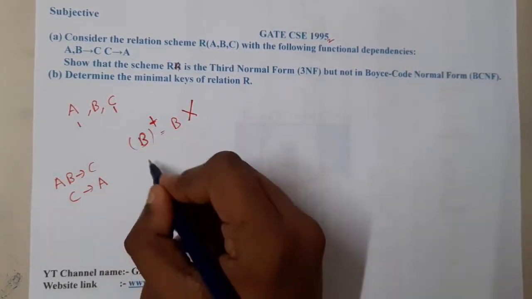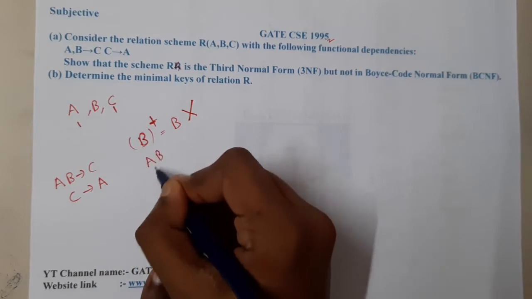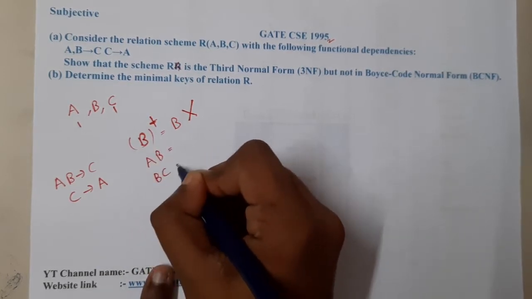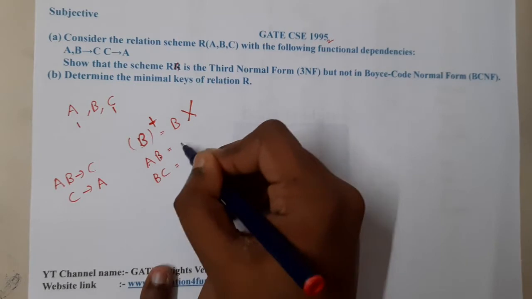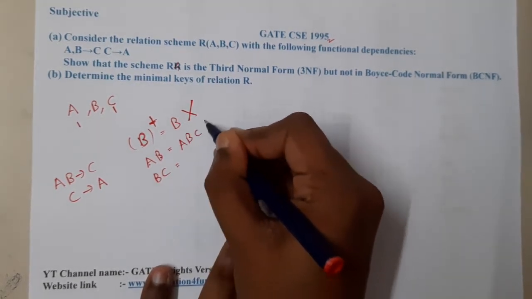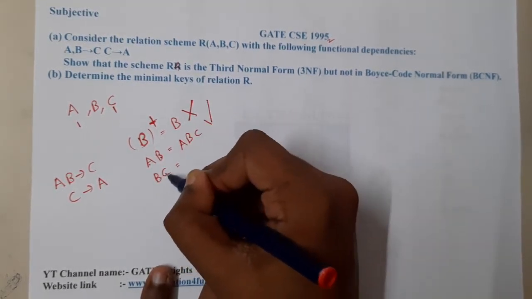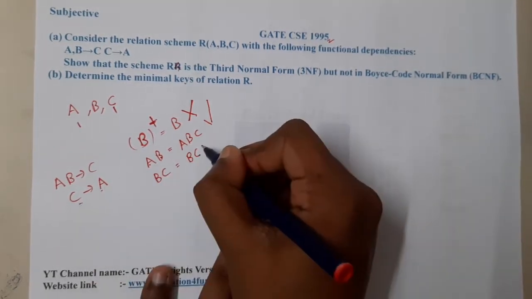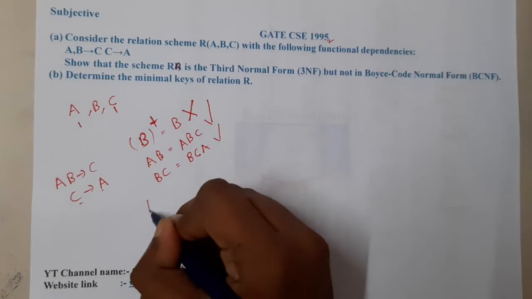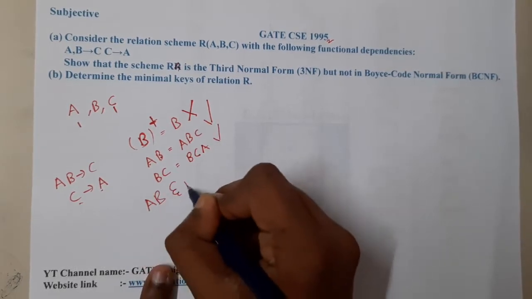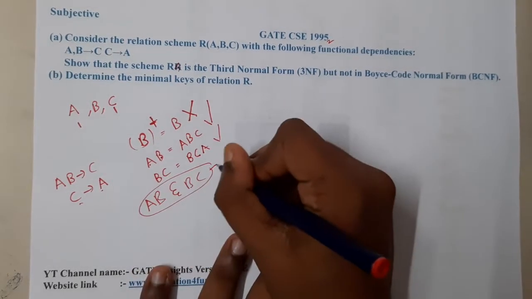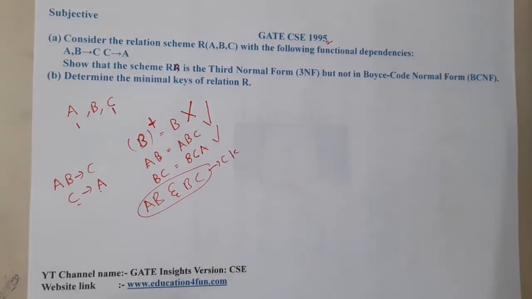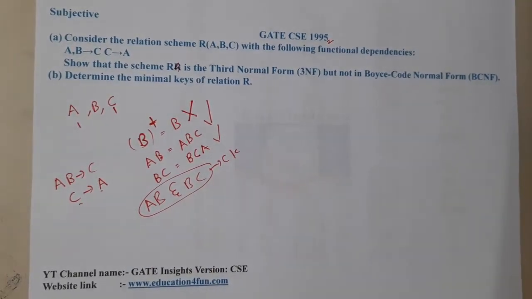So let us start making combinations, AB and BC. From AB, I can get C, so hence AB is a key. Similarly, when we work with BC, from C I can find A. So indirectly AB and BC are the candidate keys. Any one of them among these two will become the primary key, right? Okay. So now let us check.